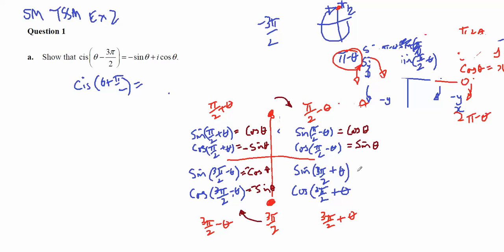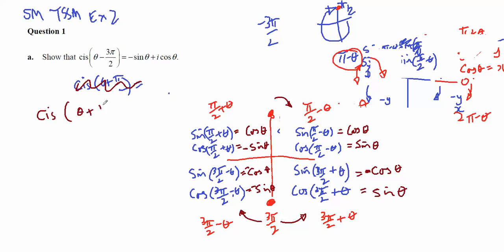because cosine is negative in the fourth quadrant. And in the fourth, which is 3 pi on 2 plus theta, the sine is going to equal the negative cos of theta, and the cos is going to be the sine of theta, because in this quadrant cos is positive, therefore it's positive, sine is negative, therefore it's negative. So if this is going to equal cis of